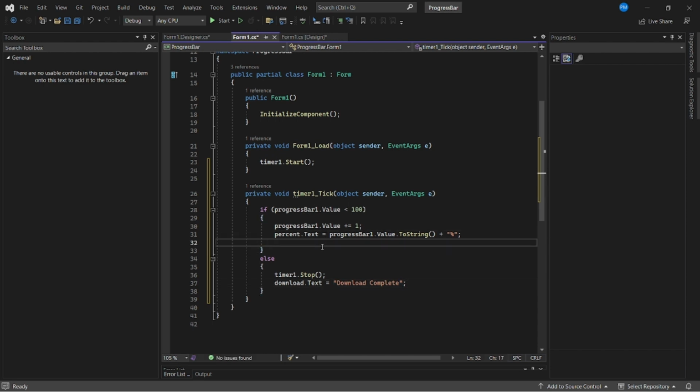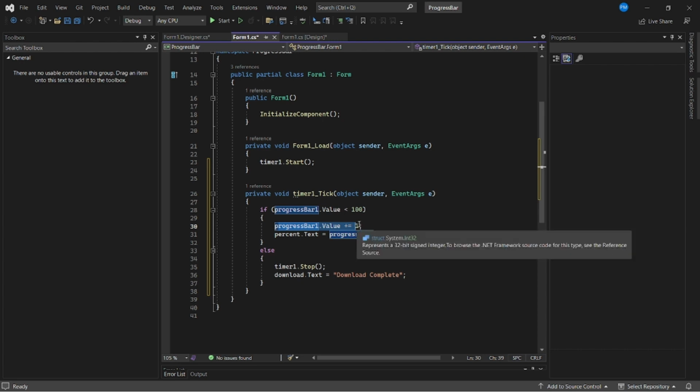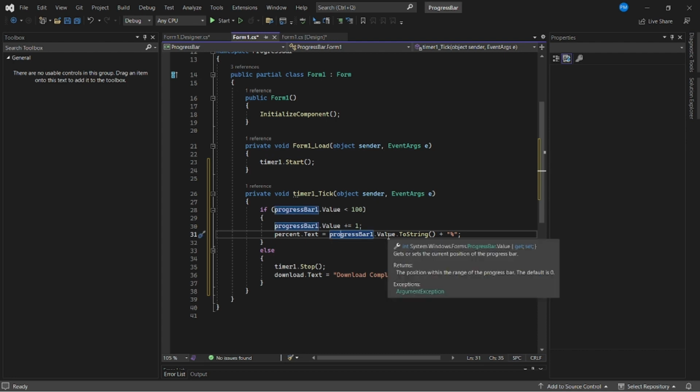Now what will happen in our if else statement is that when our timer starts, it will basically check if the progress bar value is less than 100, which initially the progress bar value will start as 0. Basically 0 is less than 100, so the progress bar value will change to basically 1 because it will add 1 each time, and then our percent text will copy the value of our progress bar